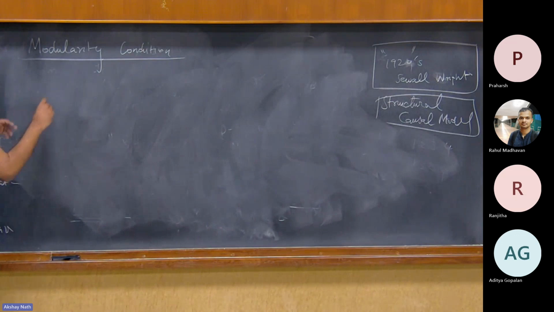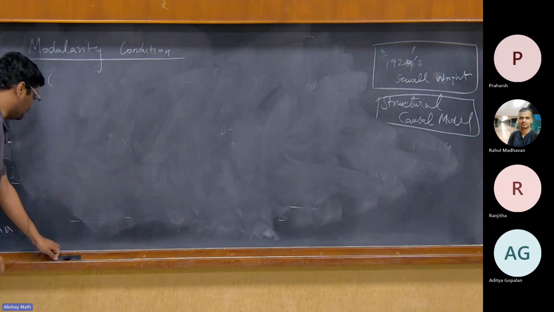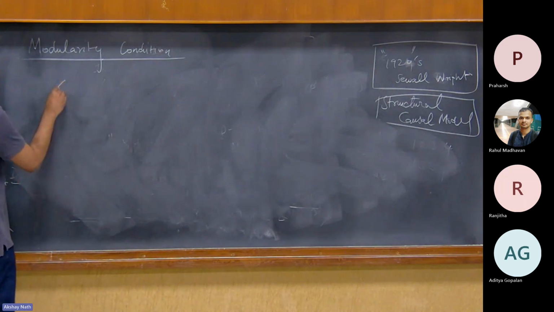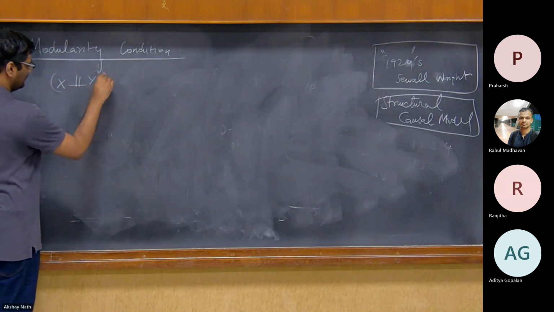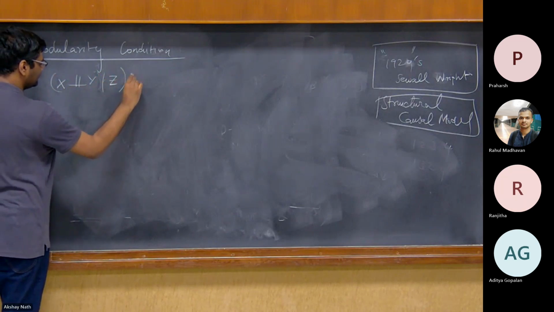So let's define a new independence. Conditional independence has always been about taking a bunch of random variables, basically saying that some random variable and another random variable are independent conditioned on something, right? Now we are going to go to a slightly different level of conditional independence, where we are going to talk about conditional distributions across distributions. Okay, so what does that mean? So I need some notation. So I'll say X is independent of Y, conditioned on Z, P star.